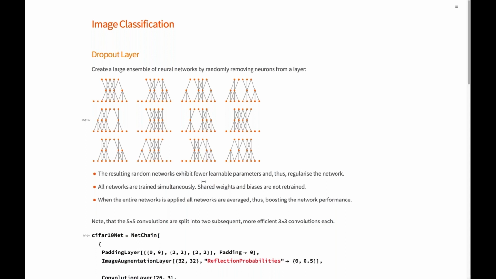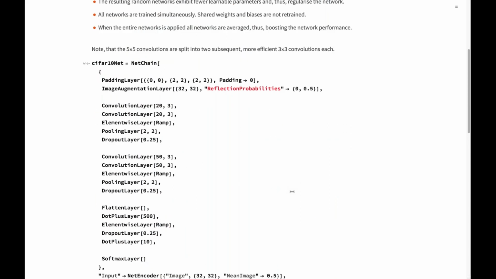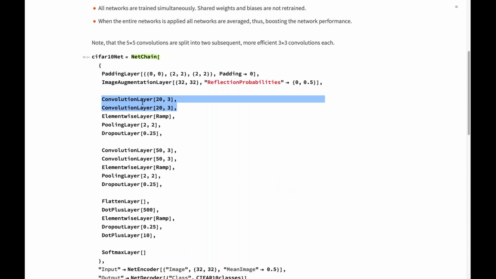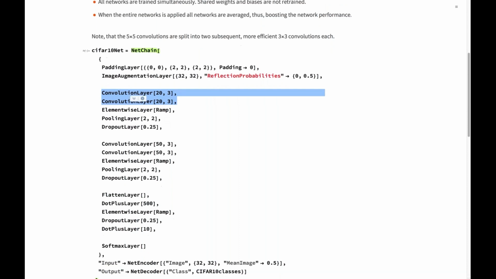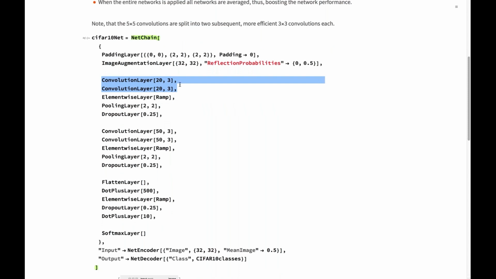Not only that, because you have fewer parameters when you train, this is a more regularized, more stable, and less overfitting-prone approach. And because of boosting, you even get more accuracy. So that's what we did here. We did one more gadget. Instead of having a convolution layer that has a 5x5 kernel, you can also have a concatenation of convolutions that do 3x3. It amounts to the same thing.